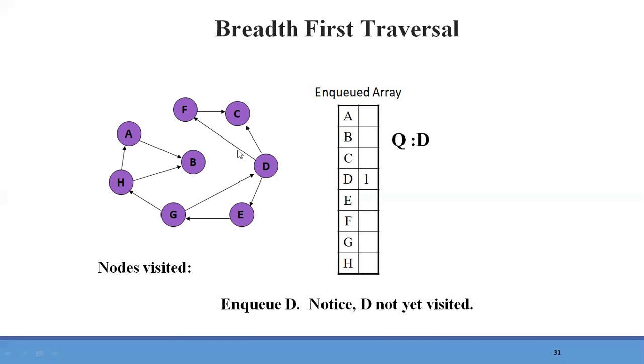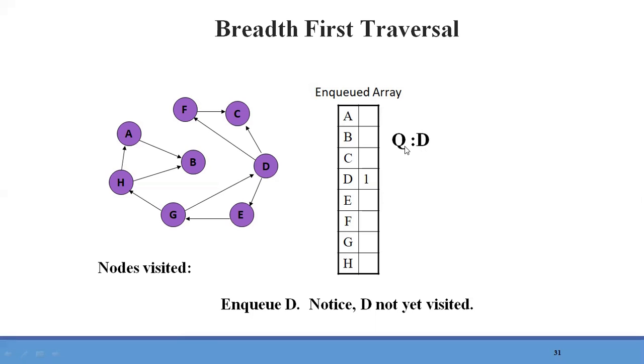So first we will start from the starting vertex, that is D. So D will be first added in the queue. So queue is first in first out. The element which is added first in the queue will be dequeued or will be removed first from the queue. And the visited node will be represented by 1 in the array. So respective entry of a node will be replaced with value 1 in the array, and that means that it is a visited node.